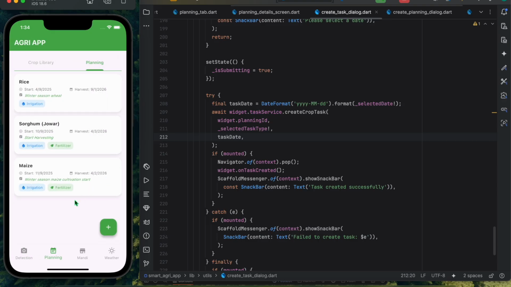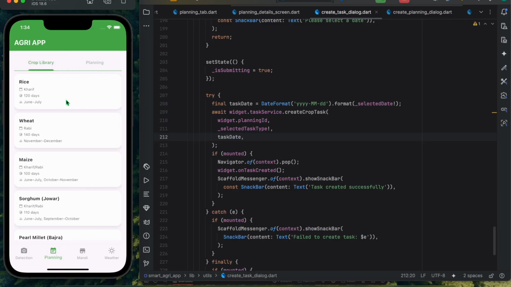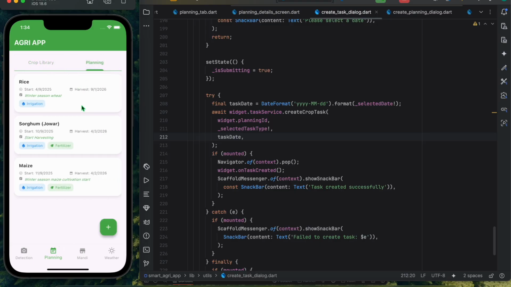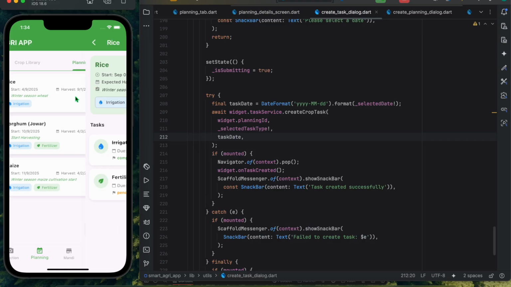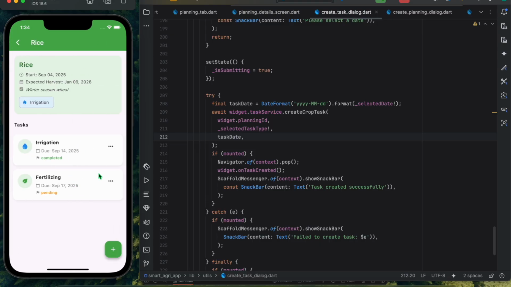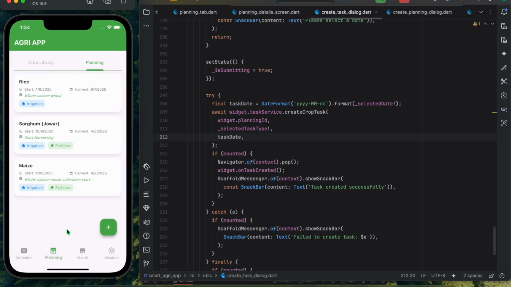Okay, so our planning section is done successfully. We simply display the crop library, we display the plannings we created. Okay, after that, for a particular planning we created some tasks, we deleted it, we marked it as complete, we checked everything. Okay, now in the next part we are going